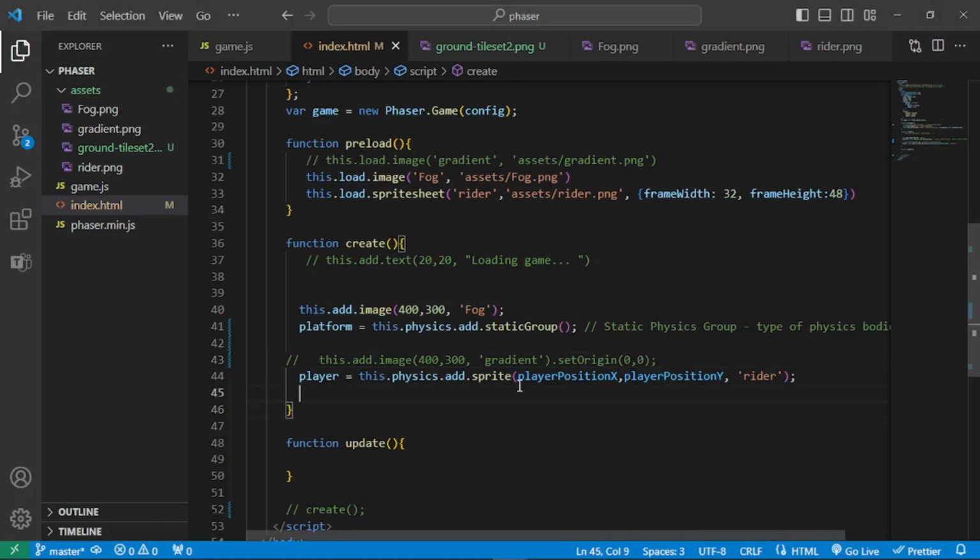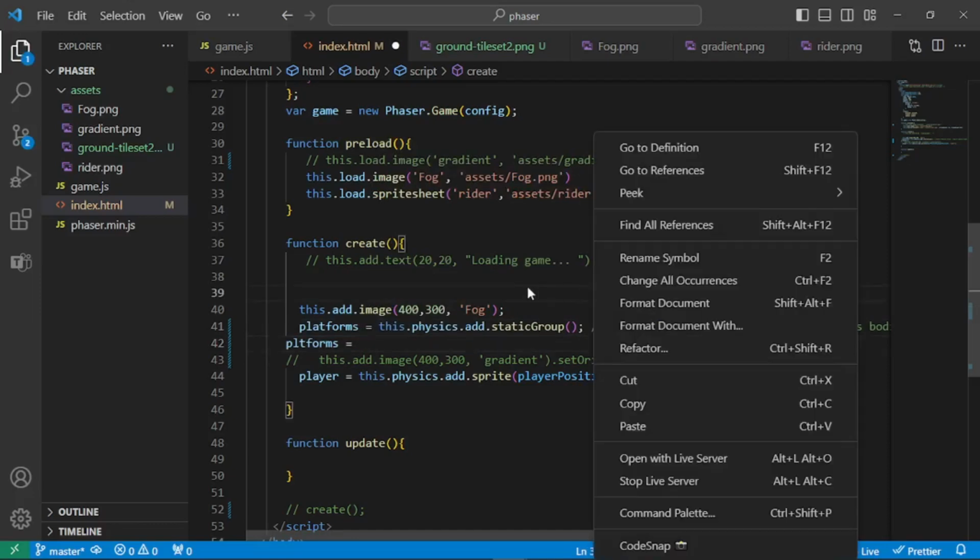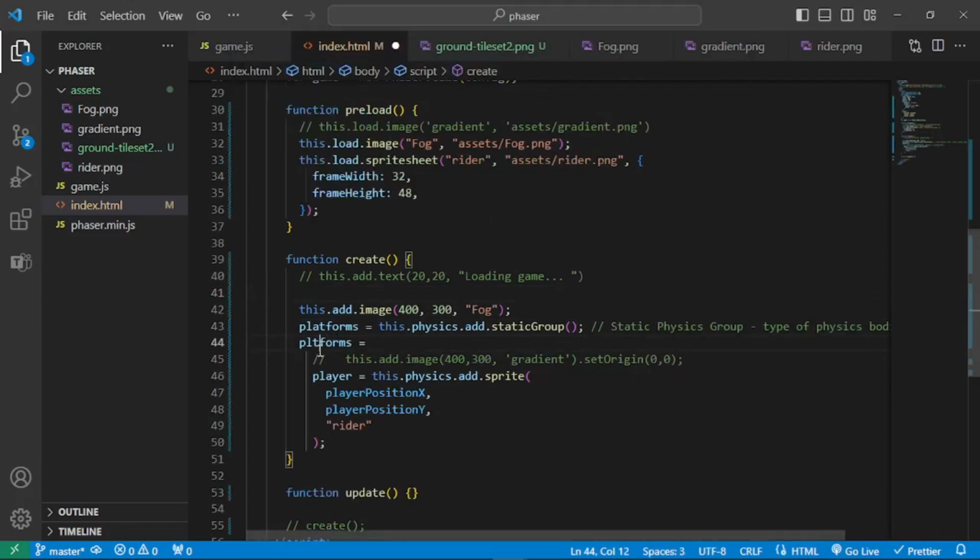let's try to test. We do have our player here, so let's try to go and add platforms. Let's just call it platforms, and let me just format this with Prettier. And let's have a dot create method. Let's start to pass in some values here. Let's start to use a set scale method,